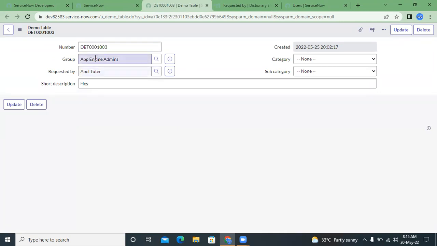Like for example, whatever is entered in this particular short description, based on that short description I want to have this requested by, or for example, based on the category I want the subcategory, like that. If you are depending on some other field,